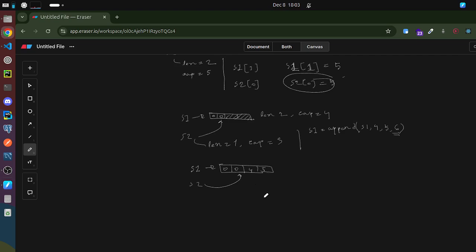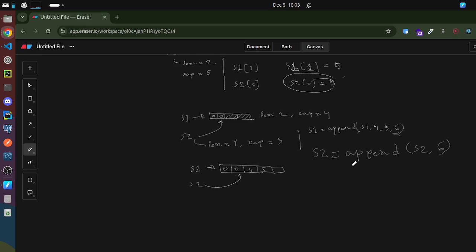But when you try to append to your S2, suppose it is S2, it will create a 6 to this,